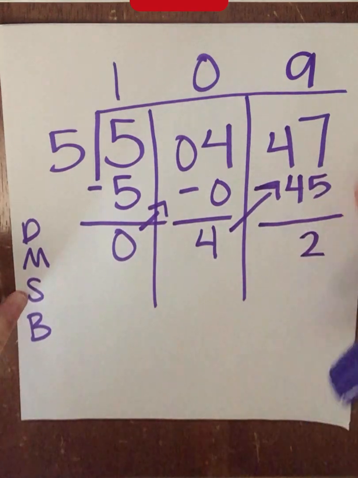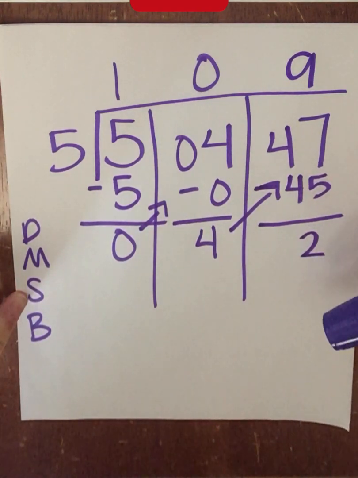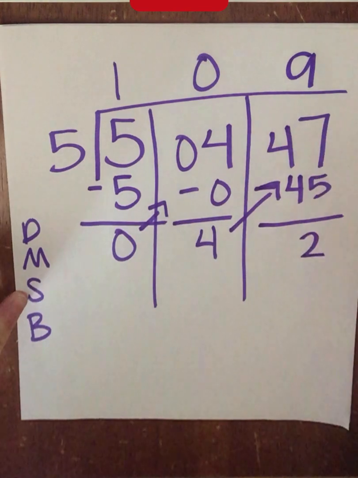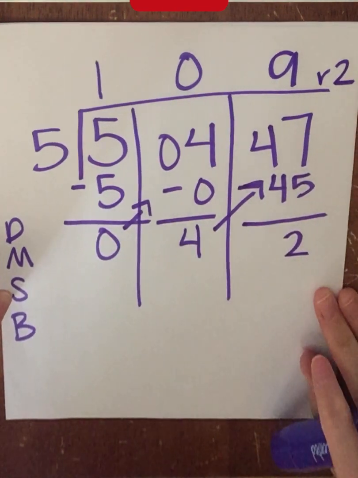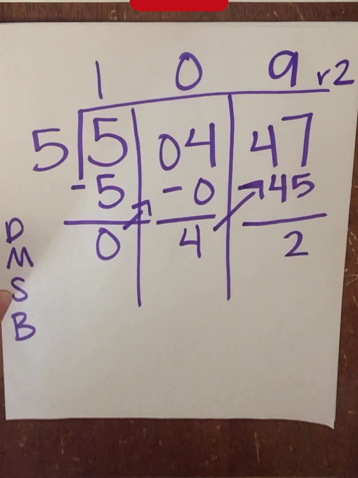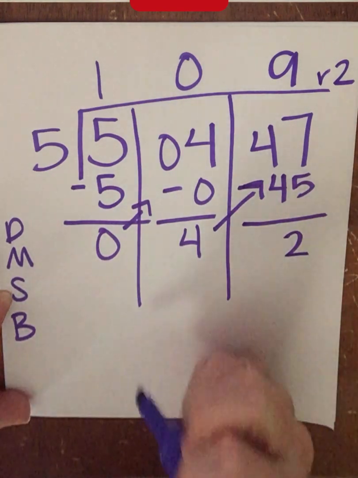And this is the last, I don't have any more numbers over here. This is my last step. So I'm going to have the answer of 109 with a remainder of 2 because I have 2 left over here. Okay. Now, if I wanted to do the inverse operation to check this answer, I would do 109